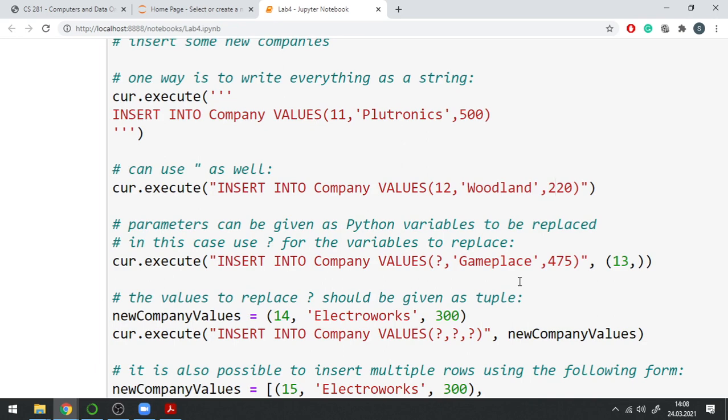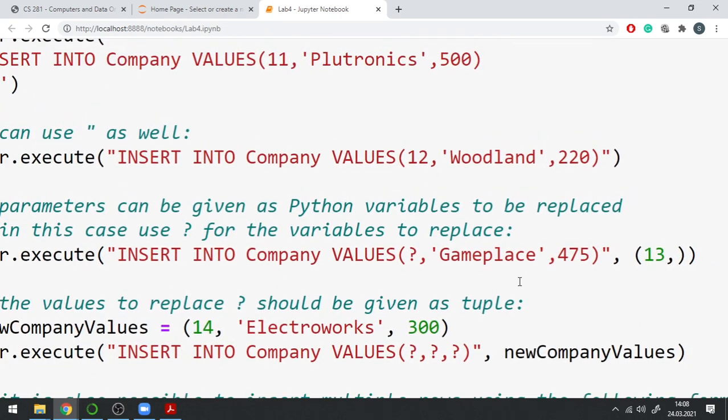One thing that we would like to do often is to replace some values or have some parameters that I can pass to my SQL code. So on one hand I have my SQL string, and on the other hand I have some Python variables, and I would like to use those Python variables in my SQL query. The way to do that is to put question marks into the SQL query. So in my SQL string I'm going to put some question mark symbol, and